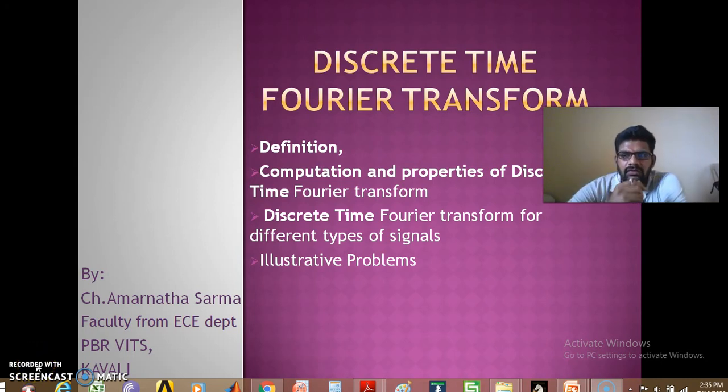In the last lecture, we have seen the theory of DTFT, and the application of DTFT also started. So, in the last video lecture, we have seen the application of DTFT on some examples, with two examples I explained. In today's lecture, I would like to give more examples on application of DTFT.